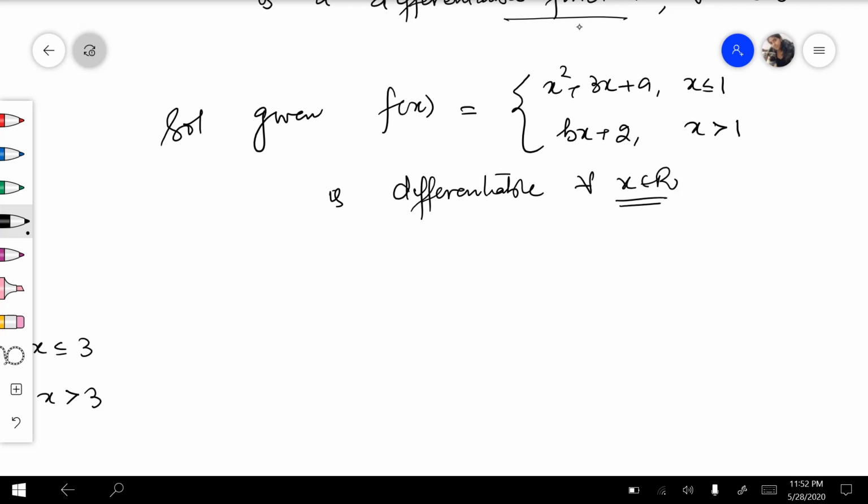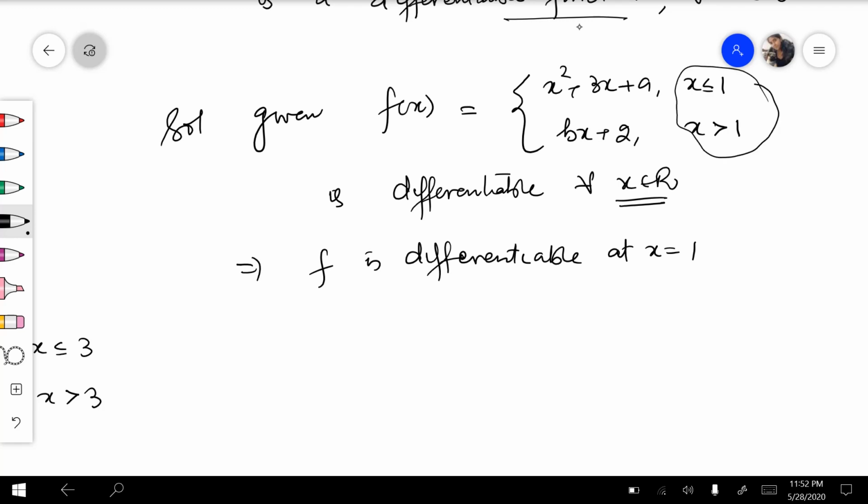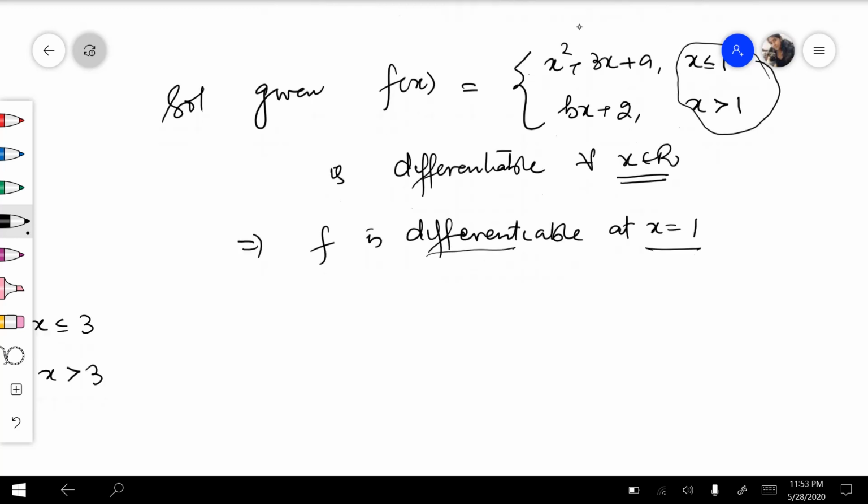अगर ये सभी रियल नंबर्स के लिए डिफरेंशिएबल है, this means f is differentiable at x equals to 1, क्योंकि सभी पॉइंट्स पे डिफरेंशिएबल है. हमने 1 ही क्यों चूज किया? क्योंकि इस फंक्शन की डेफिनेशन जो है चेंज हो रही है 1 पे. 1 के लेफ्ट साइड पे it is x square plus 3x plus a. On the right of 1 it is bx plus 2. So we are taking its differentiability at 1. If this function is differentiable at 1,